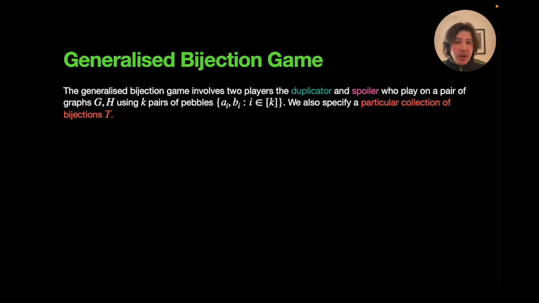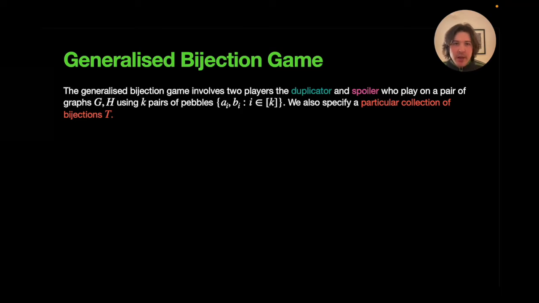Now, the generalized bijection game. Before I get on to it, I should say that there's a connection there between bijection games and counting width, and indeed counting logics, which I'm not going to go into now. I'm going to go straight to the bijection game and frame that all in terms of supports. But I would recommend reading the paper for a discussion of the counting width approach to describing it as well. So in the generalized bijection game, we again have the duplicator and the spoiler,